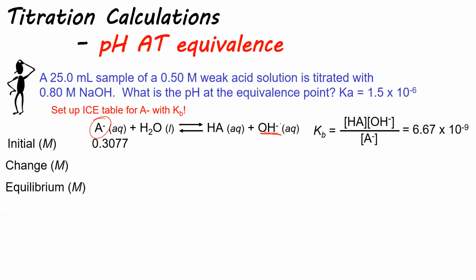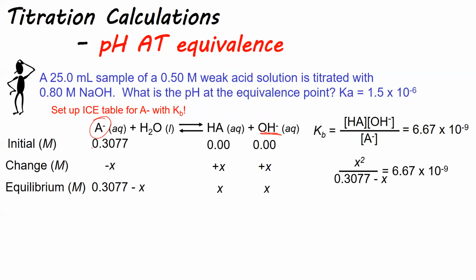And I'm going to plug in the concentration that I calculated for my conjugate base. 0 of the product, and I'm going to move in the forward direction, so minus x plus x plus x. And then I get my equilibrium expressions, and I plug them in for KB. So I get x squared over 0.3077 minus x is equal to the KB of 6.67 times 10 to the negative 9. I'm going to use the approximation